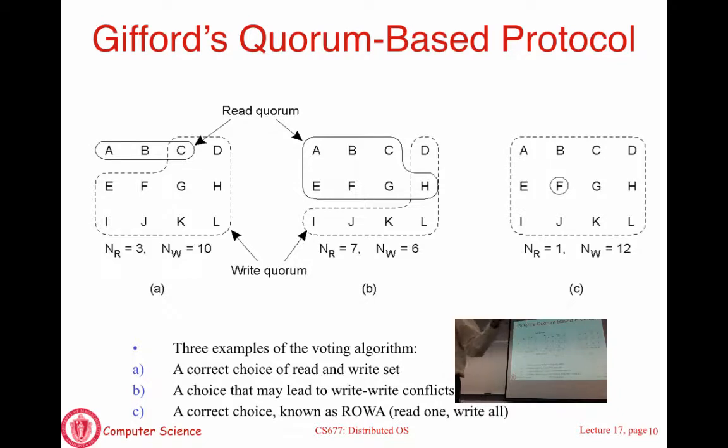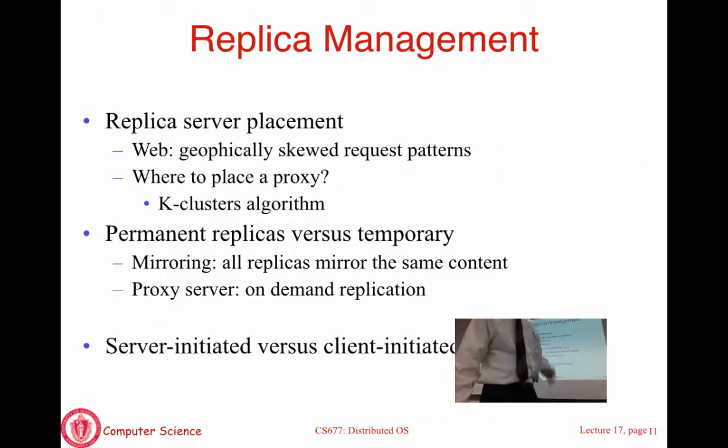Here is another case where you are essentially looking at voting. This is a very simple approach where you have to have the participants agree on something. So essentially, a read is going to succeed when there is agreement. Agreement says all the servers of the read quorum agree that this is the most recent version of the file. This is an important concept. We encountered it in the context of consistency, but agreement is actually a very important concept in distributed systems. We are going to keep coming back to this as we talk about fault tolerance. This is the first time we've encountered this notion of reaching agreement. As we talk about this, we'll see that this is actually an important issue.